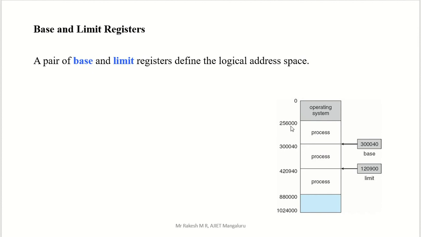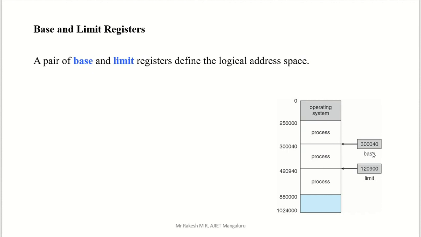In this user space, we have a set of blocks. This memory block is for one process, and another block is for another process. That means one memory block contains one process, another memory block contains another process, and like this, different processes are stored in memory. Consider this process. If this process is stored in this block, we have to find out the address of the block. How do we find out the address of the block?